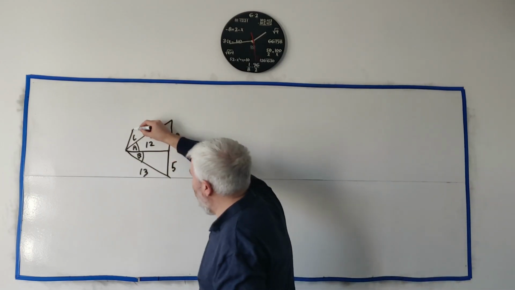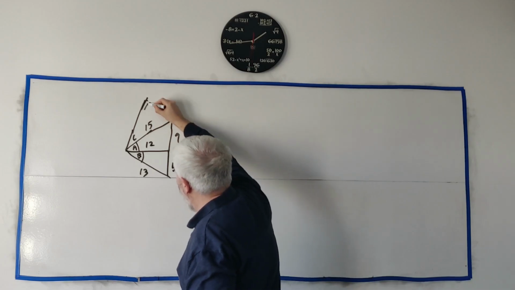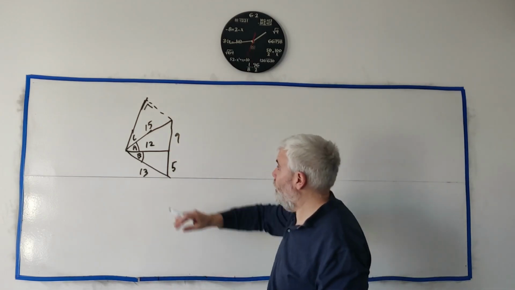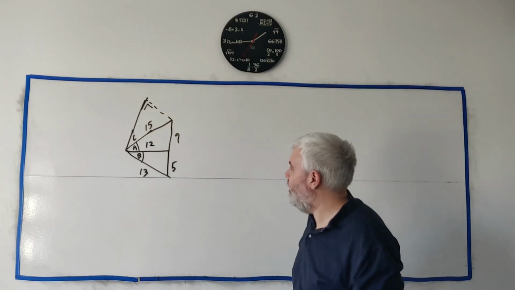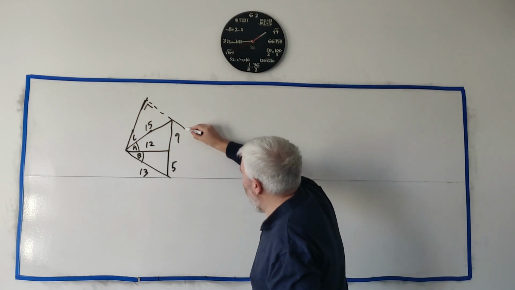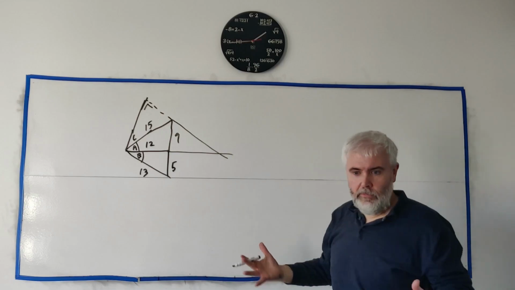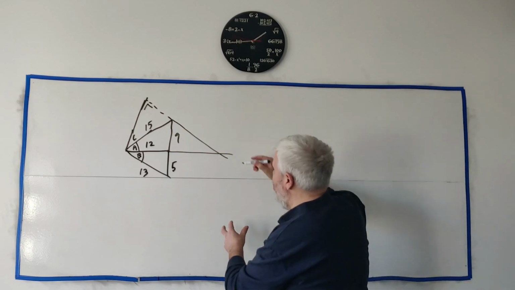And the last one, again, we don't know its length yet, but we can just bring it up here and put its right angle over there. We have one of its sides is now 15. What do you do next? If you continue this line down and continue this line across, what they use is the fact that, quite interestingly, this